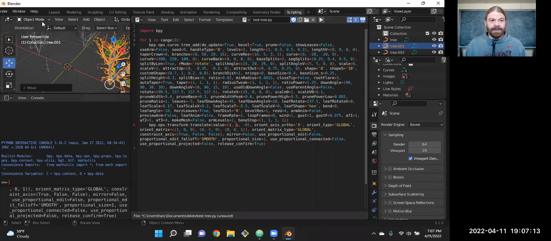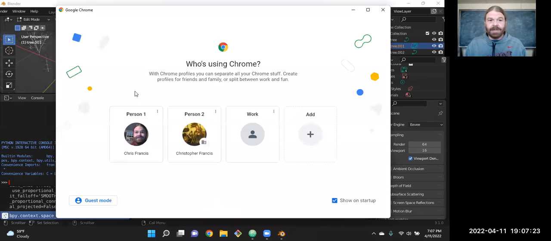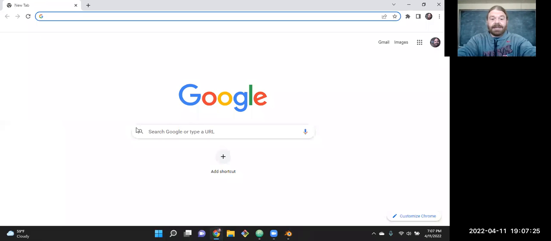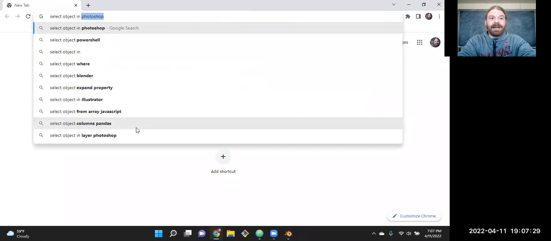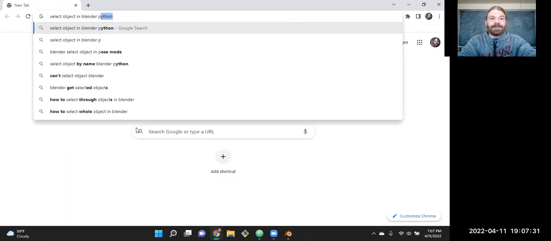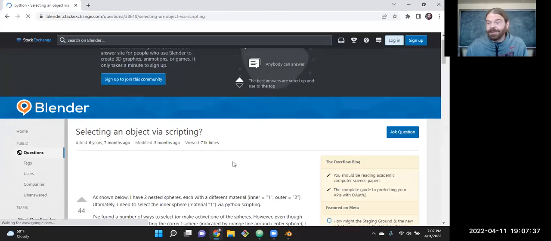Yeah, we might need to do a selection or something, which, why is that not showing up in there? If I go to edit mode. Oh, but well, I'll go through the process you're going to go through. We got a couple seconds before break. So you're going to go through something like select object in Blender, Python. That'll work. This is what you're all going to do, right?